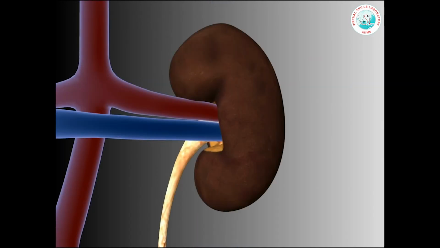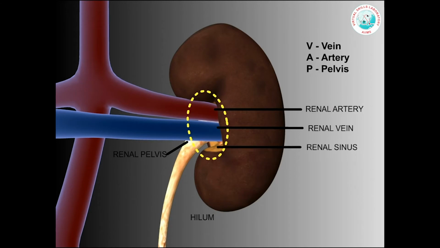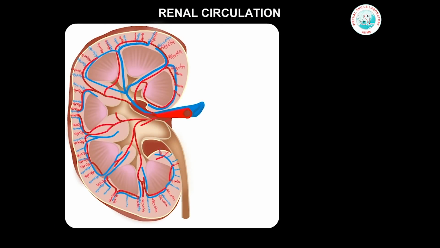At the concave medial margin is a vertical cleft, the hilum, which is the entrance to the renal sinus. At the hilum, we see the renal vein, which is anterior to the renal artery, which is anterior to the renal pelvis. So we can remember it as VAP, from anterior to posterior: vein, artery and pelvis. The renal sinus is a space just inside the hilum that contains the renal pelvis, vessels, nerves, lymphatics and some amount of fat. The kidney receives blood from the renal artery, which is a